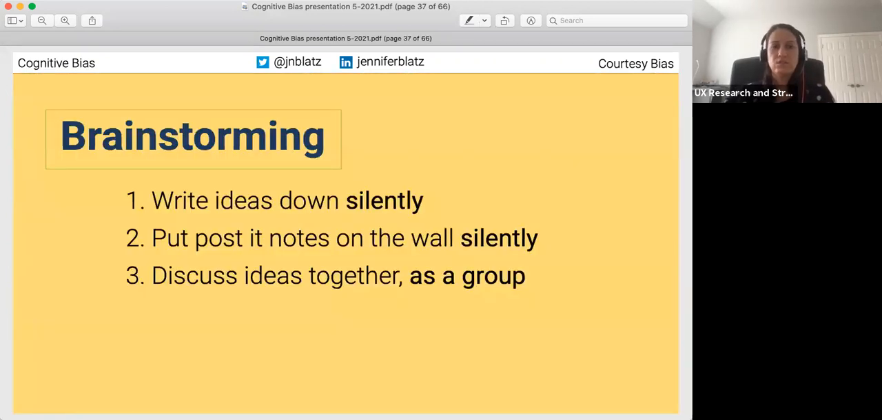And then after you lay down the rules, you go through this process. You have everyone write down their ideas in however much time you give them, 2 to 5 minutes, say. You have everyone write ideas down in silence. And then you have them put the Post-it notes and the stickies on the wall or in the virtual whiteboard in silence. Then, once everybody has put all their ideas out there, that's when you can start discussing things as